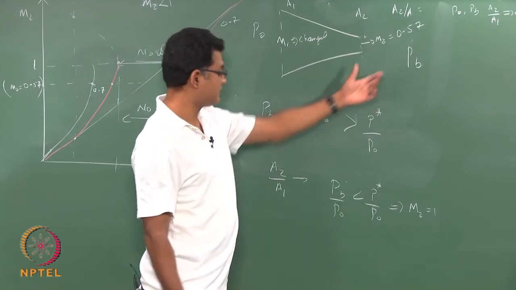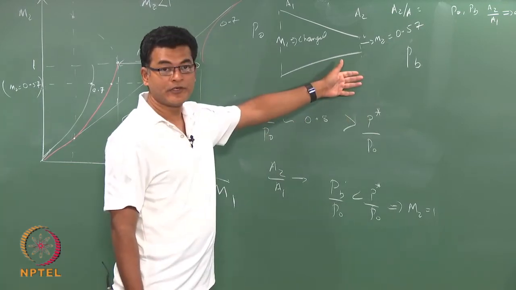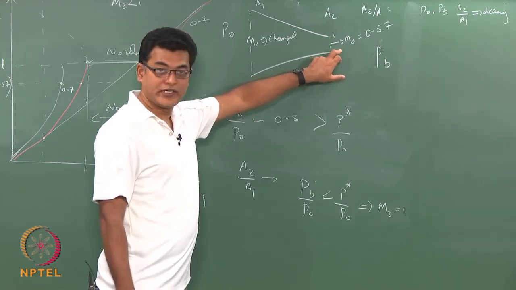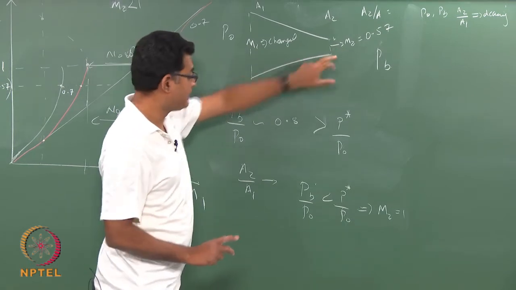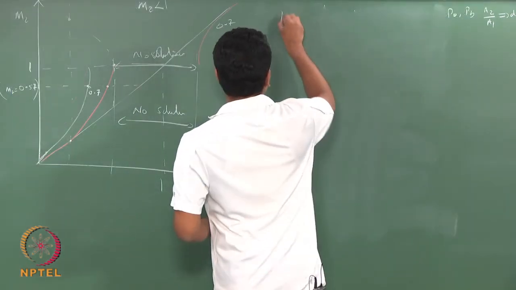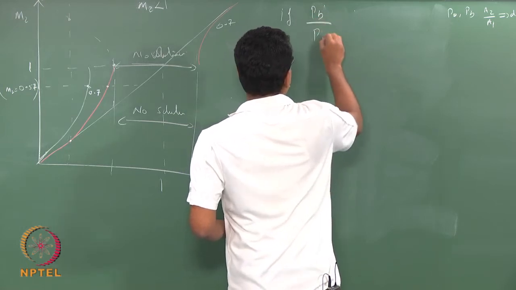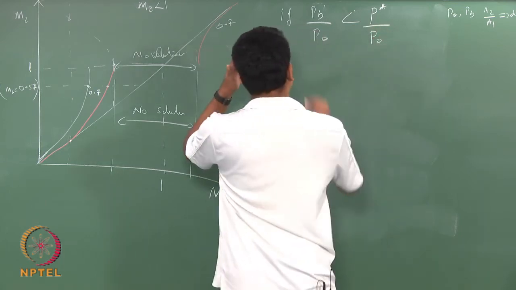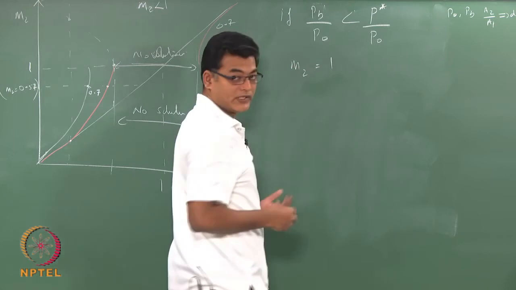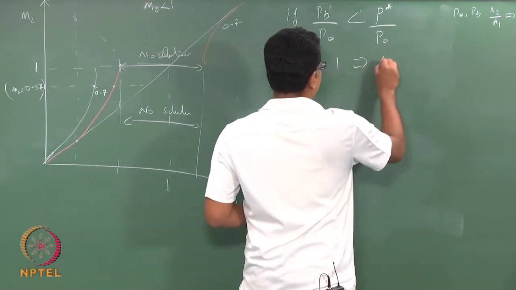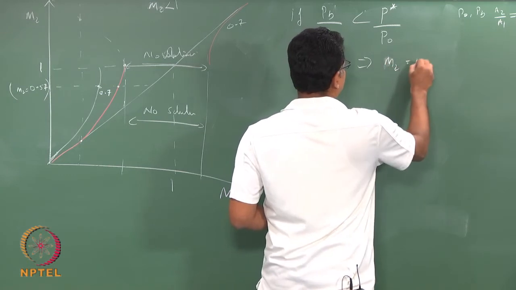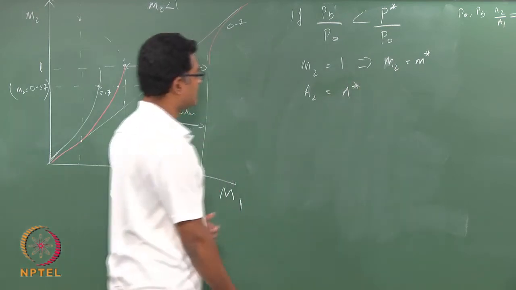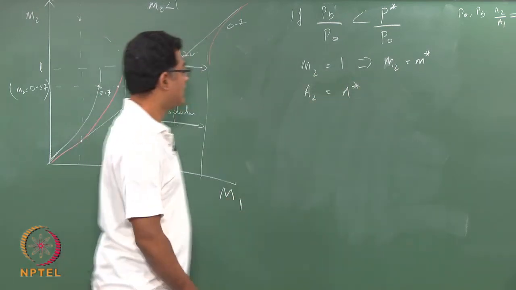So, if the critical pressure ratio for gamma equals 1.4 is 0.528, if the pressure ratio is less than that, I am always going to get M2 equals 1 whatever you do, and that means from our previous plot, for any condition Pb less than P0, my M2 is always 1, implying my M2 is my M star and my A2 is my A star, because that is the condition in which you are